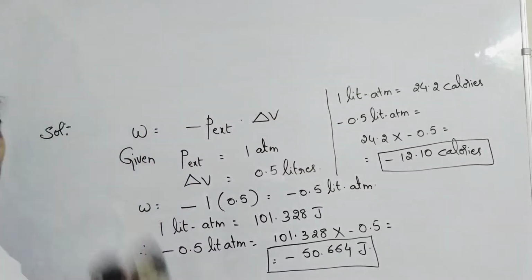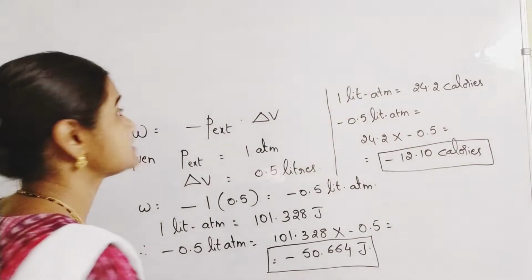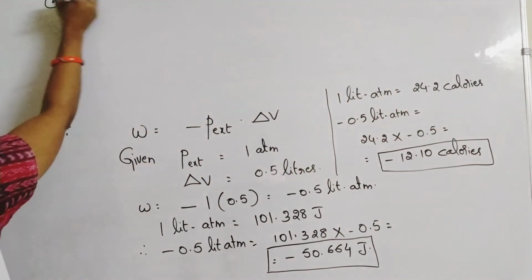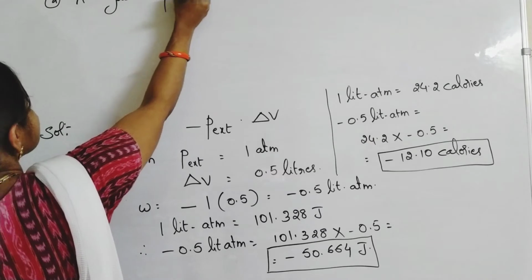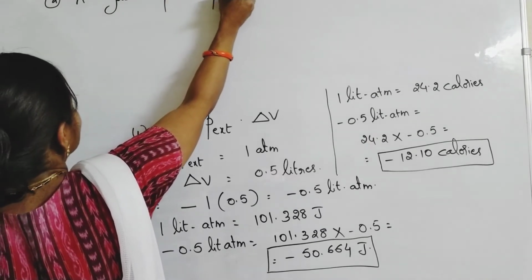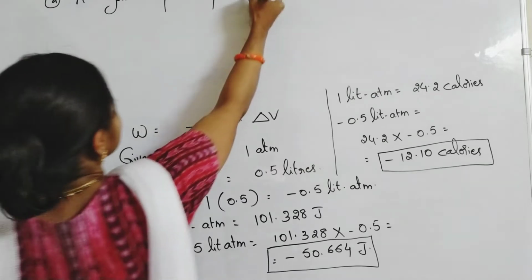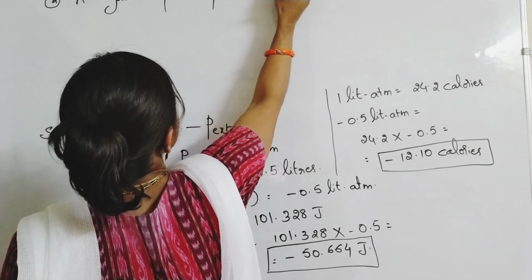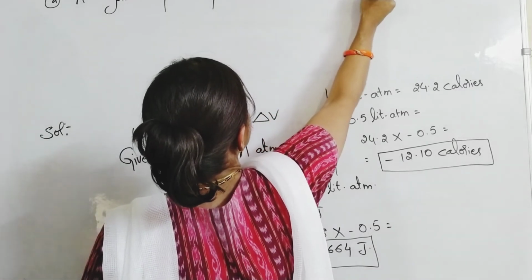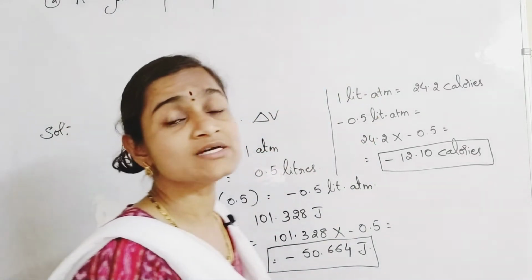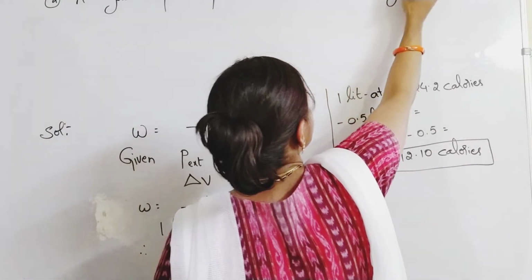Question number 2. A gas expands from 3 liters to 3.5 liters, and here also against a constant pressure of